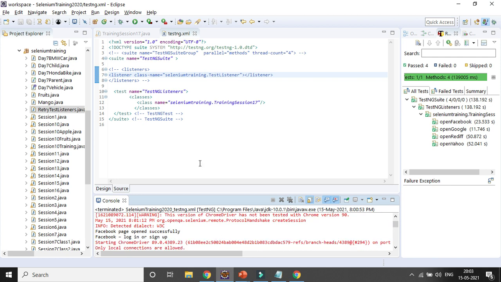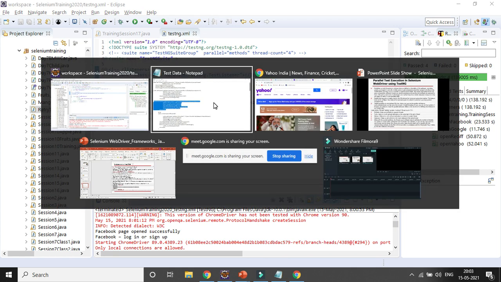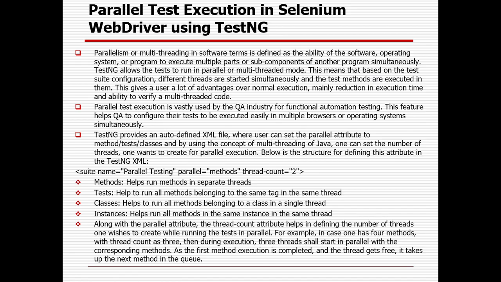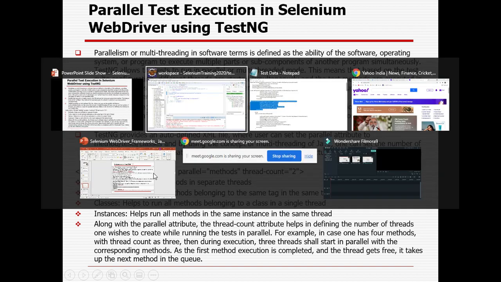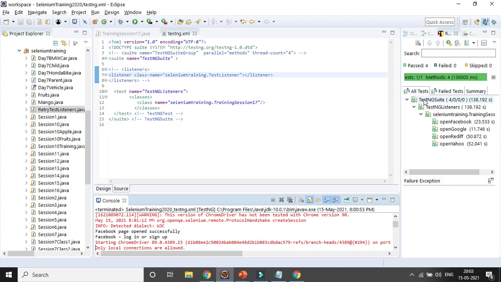Now if I want to run them in parallel way, what do we need to add? Simply you need to add parallel equal to methods and thread count. You need to add it at the suite level, apart from the name of the suite. Now you can see this is the suite name, this is the test name.